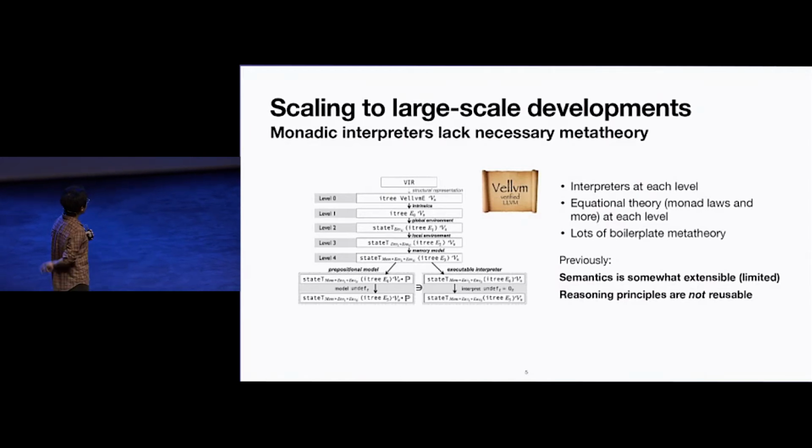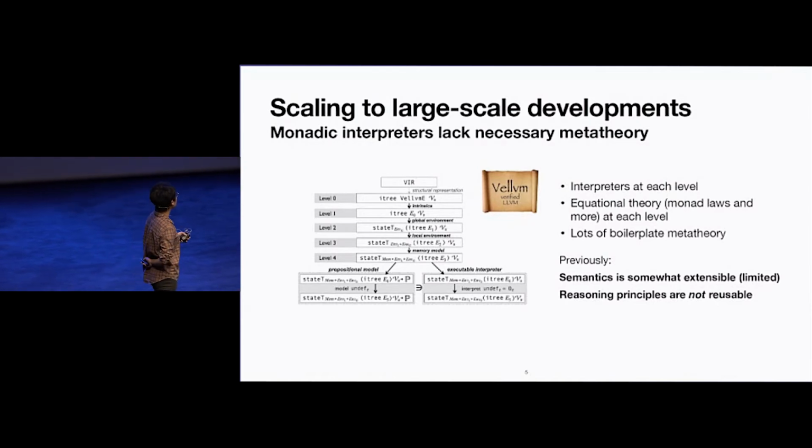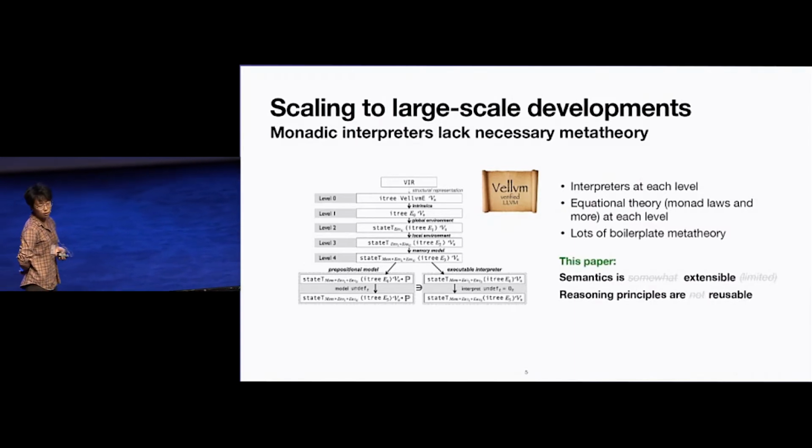And at each layer, there's also a lot of equational theory involved, monad laws, and more. But the difficult thing is that there's a lot of boilerplate meta theory where there should intuitively be these structural rules that are preserved throughout the layers of interpretation. So previously, we've identified that the semantics is somewhat extensible, but kind of limited. But the reasoning principles are not reusable, and in this work, I'm introducing that we're going to remove all these